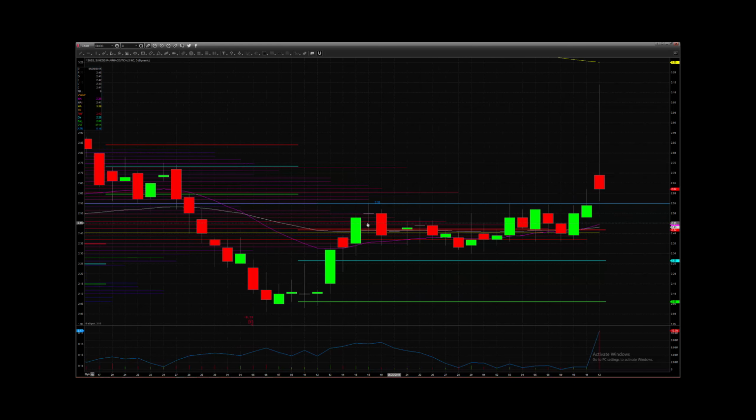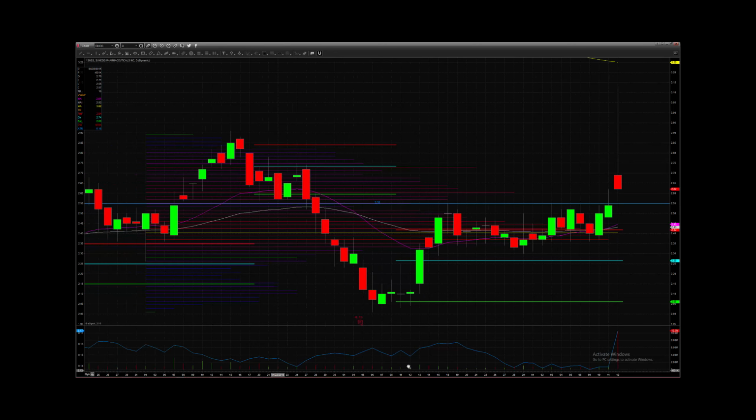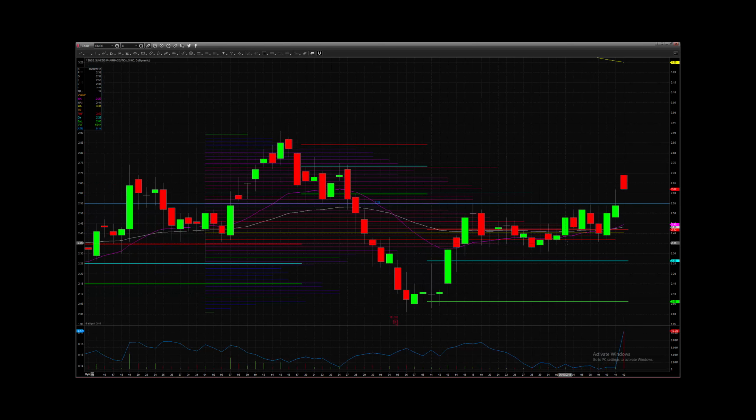that there was a test of this 255 resistance area on the daily once back here, once right here, once right here, once right here, and then finally it broke out. We were testing this area for quite a while. I was alerted to this trade off of my small cap swing trade scanner. Put in a high relative volume move